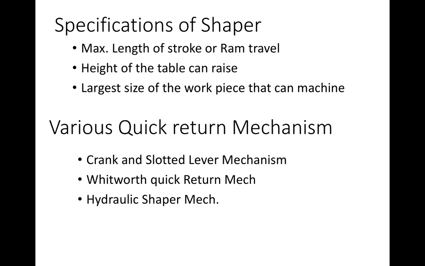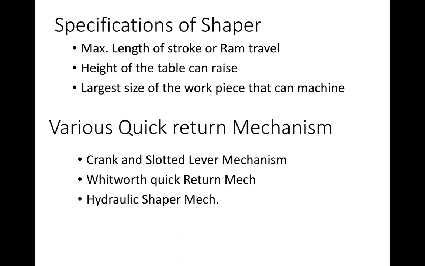So this idle stroke we need to make as fast as possible. When we bring the RAM back after cutting, we have to bring it back quickly so that we can reduce our machining time. So we have to move as fast as we can. For that, a separate mechanism is required, which is called the quick return mechanism. In almost all shapers, slotters and planers, machining happens only in the forward direction, or one direction, and the return direction is always idle. That idle movement of the RAM has to be very fast, so we need this kind of quick return mechanism.